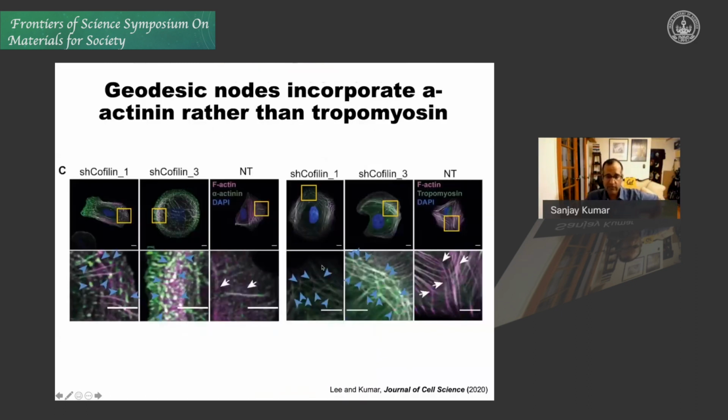Here's an even better example here, confocal and super resolution imaging showing these structures. I'll just maybe focus on this example here and this example here. So you can see, as I mentioned earlier, you get these geodesic structures that have nodes that are very rich in alpha-actinin. And in addition, these nodes exclude proteins that bind and are important for the function of myosin, the motor. So tropomyosin, which is a very prominent feature of these transverse arcs, is typically excluded from these geodesic nodes,